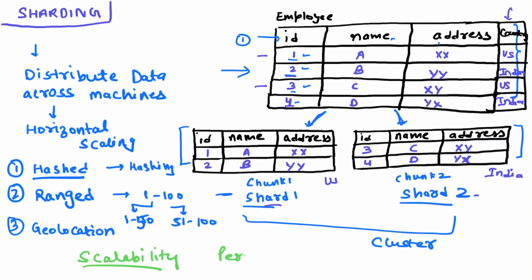Another benefit is performance. Obviously when your data is distributed, you can get higher performance, because now instead of running your queries onto the complete table, you may need to run your queries on chunks of the data. As the table is divided into multiple chunks, your query will also run on the chunks. So both read and write performance will be better when your data is distributed. Sharding helps you to achieve better performance in your database.